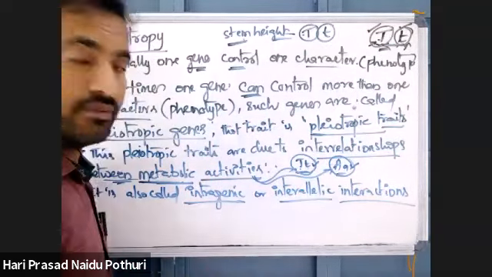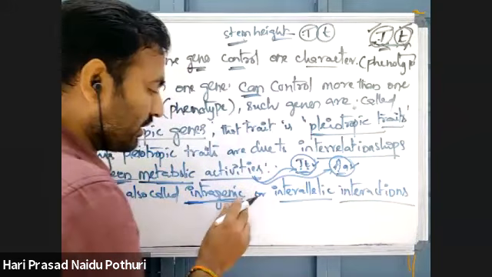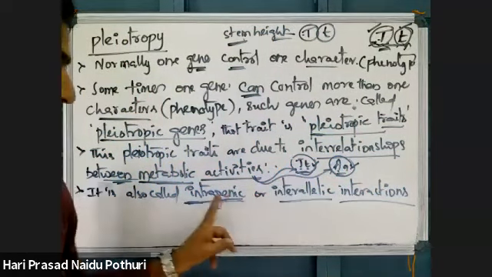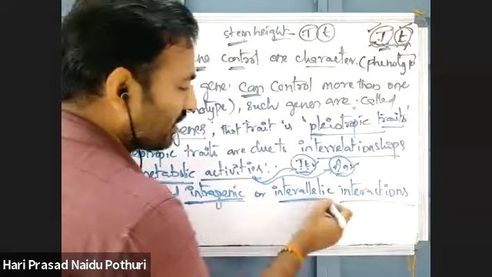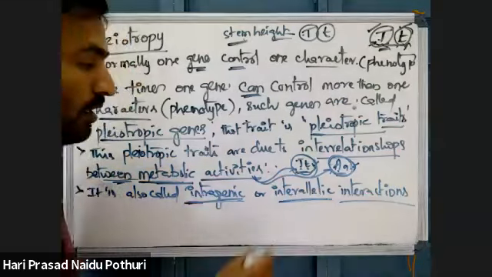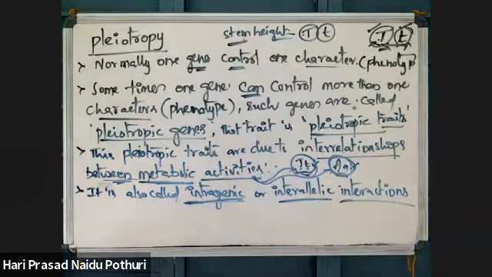So it is called intragenic: within the gene, interactions are taking place. Or interallelic interaction. These are different alleles, and between two different alleles there are interactions in the expression of the phenotype. That's why. Best example,